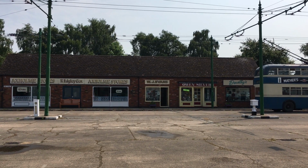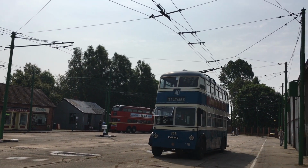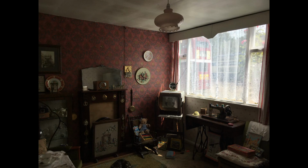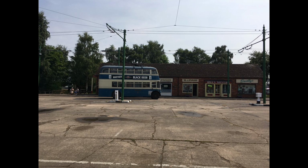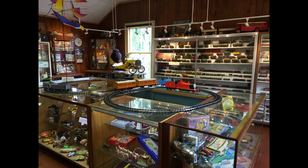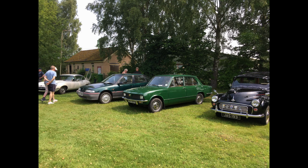The Sandtoft Trolleybus Museum has two main focuses: immersive displays of 1950s life and the trolleybuses themselves. There is a little model 1950s prefab decorated in the style of the time, and a street scene with 1980s storefronts, a nod to the South Yorkshire Electro line, a rabbit hole in itself. There's also a mini toy museum, and the biggest surprise for me, a recreation of a classic bicycle shop. There's also a small playground for the children, and on this day, the place also had a small classic car meet going on. You should always check to see if there are any side events happening on the day you